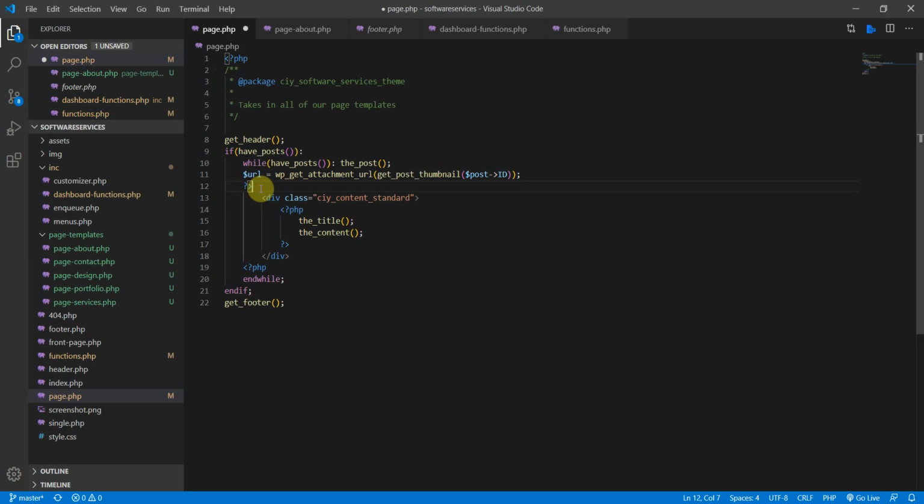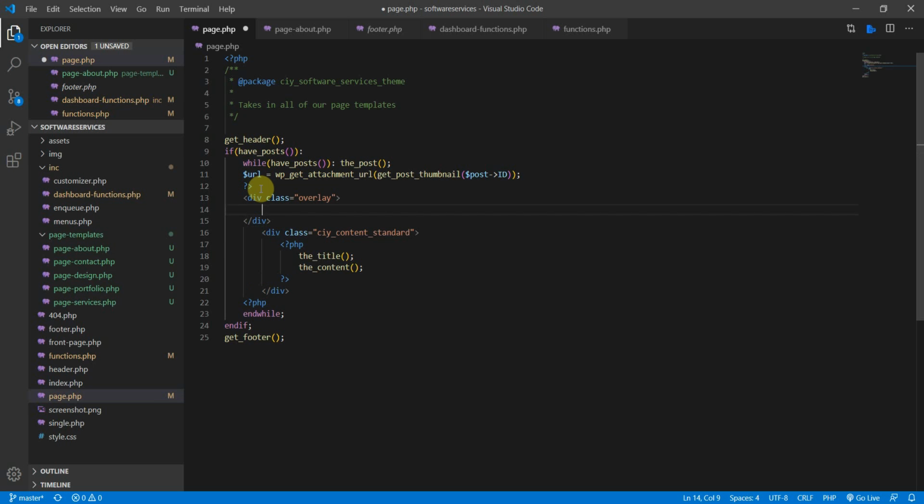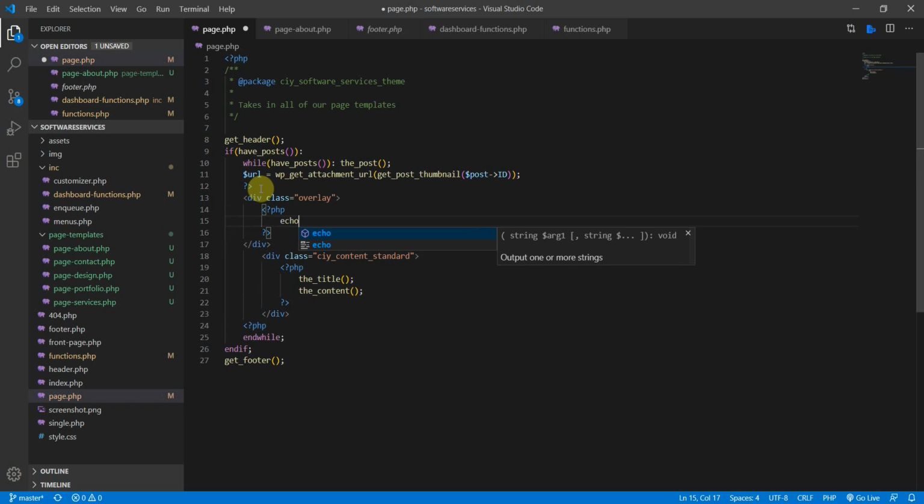And under here I'm going to create another div class. I'm going to call it overlay, and in this overlay we are going to open up another PHP tag, sorry, and here we are going to echo another div class called showcase